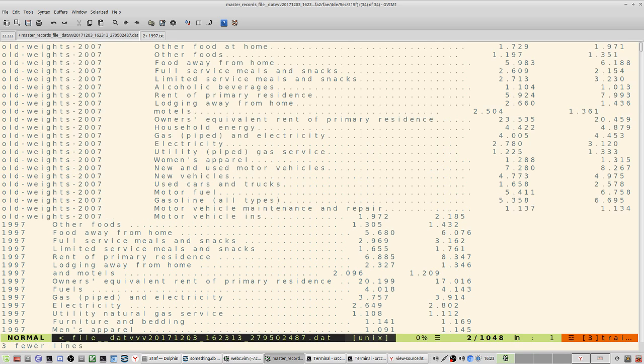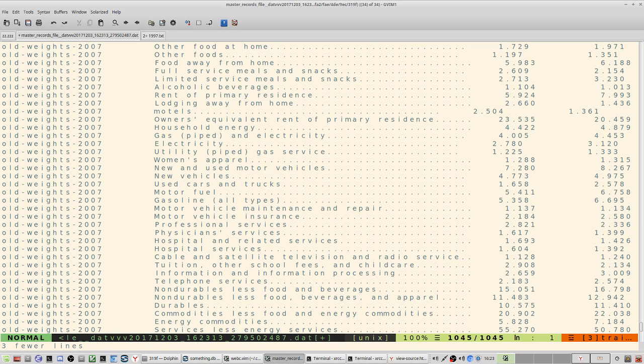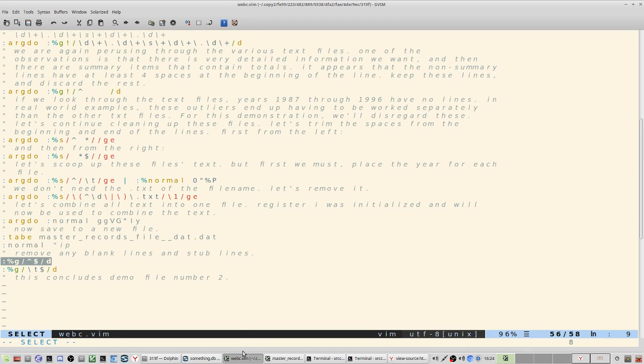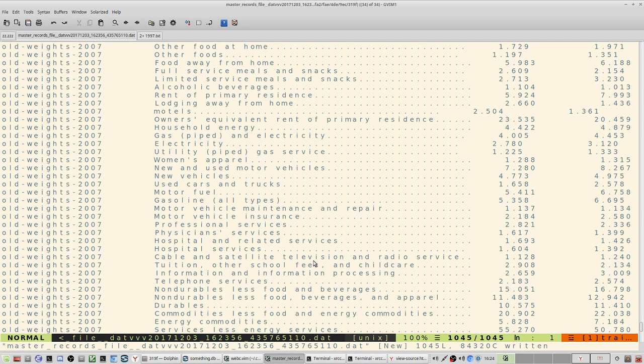So let's delete those lines, and we can make another save. And now we're going to take all those lines that have dangling tabs. That's that \t there. So we're going to take out the tabs that end a line, because what that means is